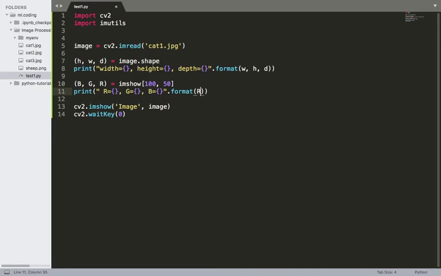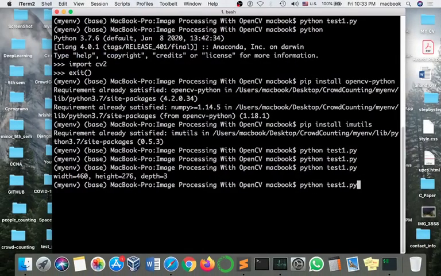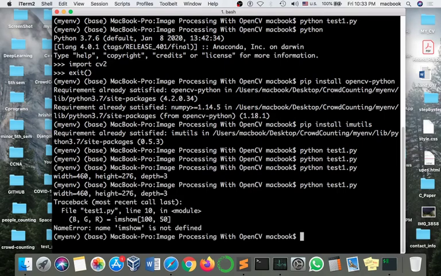Then save the code, go to the terminal, and type python and your Python file name. In my case test1 is the Python file name, dot py, and hit enter.